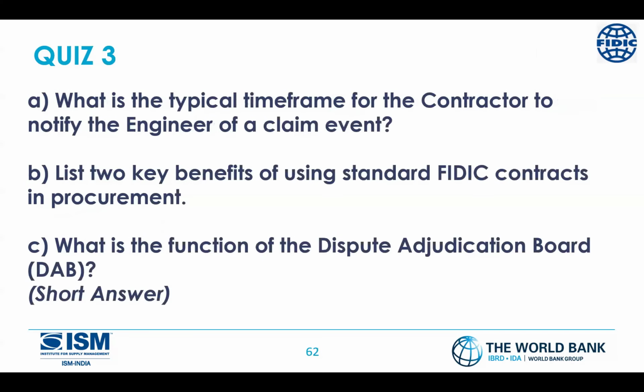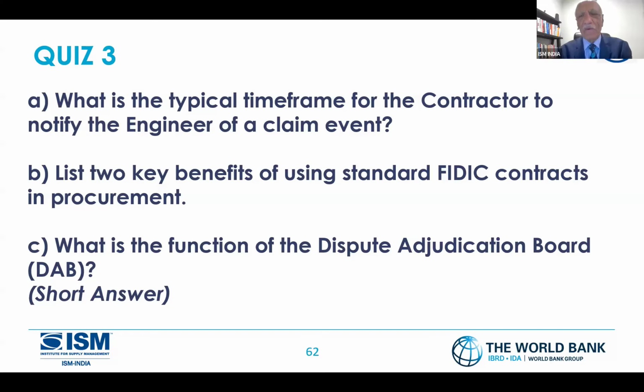Okay, the last one. I've got small questions here before I give the floor to you for question answers. What is the typical time frame for the contractors to notify the engineers of a claim event? I have not covered it, but still, if anyone knows who's already working on this project: you have an engineer on behalf of the employer, and there's a contractor who wants to make a complaint. What is the typical time frame? Typically 14 days to 30. Okay, good. Typical time frame is 28 days. Okay, Abdul. Good. People can modify it, but normally the system calls for 28. Yeah, excellent.